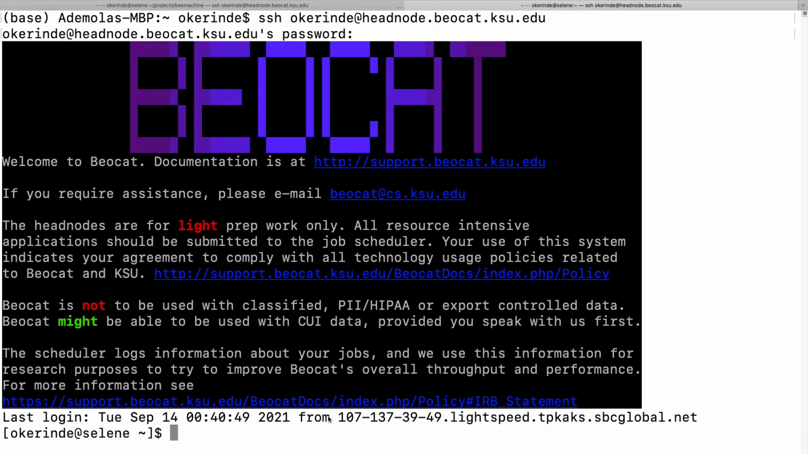Create a quick tutorial on how to use Beocat for running your experiment. First, you may want to set up your virtual environment, and to be able to do that, the first thing you need to do, after you have logged in, is load some